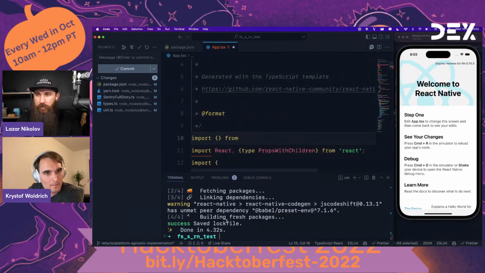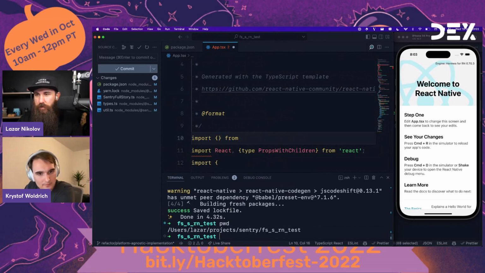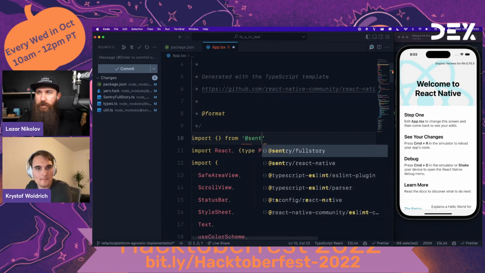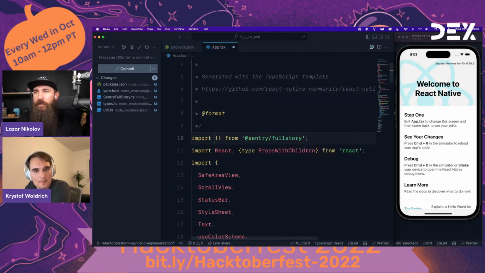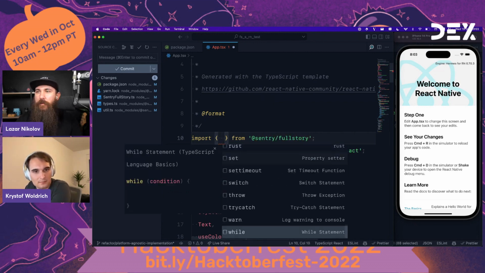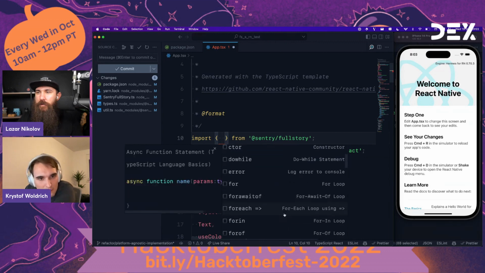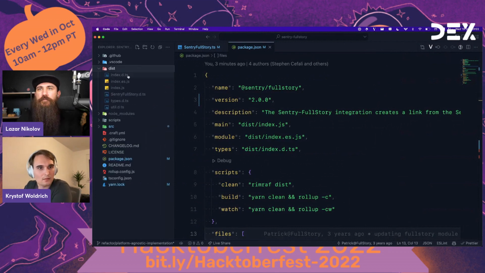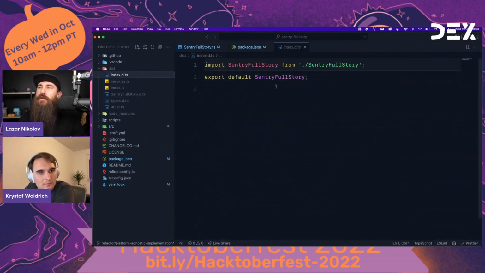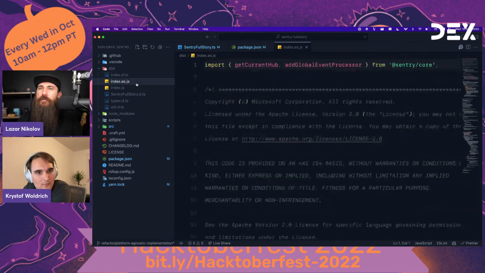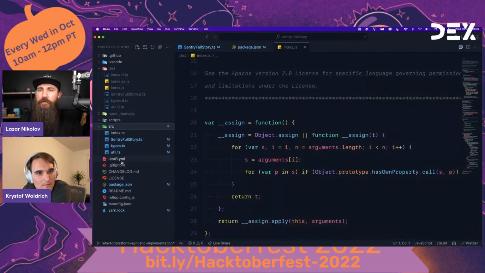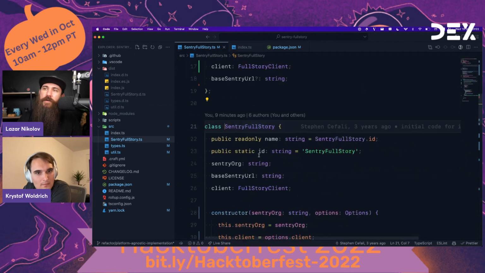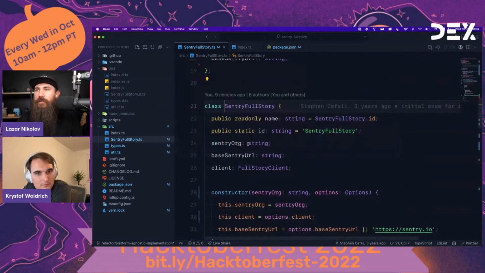I'm not sure, wait a minute. Where are we actually? Sentry FS. Okay, that's actually okay, @Sentry/full story. No, we don't get anything. Hmm, let's see why. This is its default. So that would be the index, export default Sentry full story. Yeah, it's a default one. So we can't actually